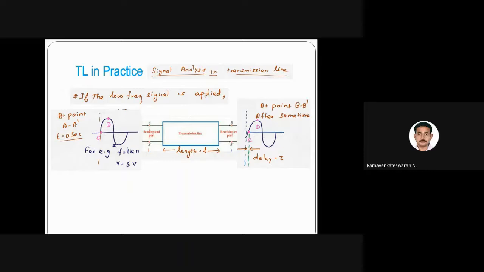The wavelength is very high because 1 kilohertz is a low frequency compared to gigahertz. When you convert this frequency to wavelength, it is very large, probably more than kilometers. So when the signal reaches the end of the transmission line, there is a small delay, but it is unnoticeable, and we can ignore it. But if the frequencies start increasing, this delay becomes very noticeable.